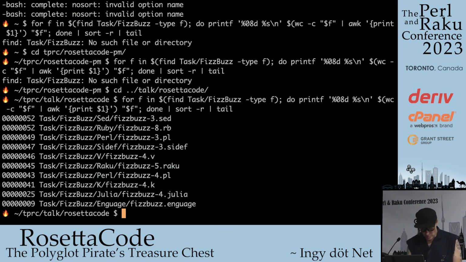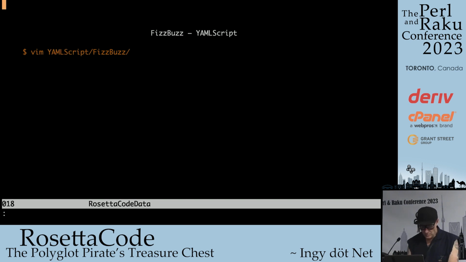Okay, so where's Raku? It's right there. 45 used to be, but somebody did it in 9. It sounds like they wrote a language that does FizzBuzz only, in my opinion. Although if you did that, it should just be 0, right? So we don't really know. You just run it, and that's all it does. Yep. FizzBuzzlang.org. Buy it.